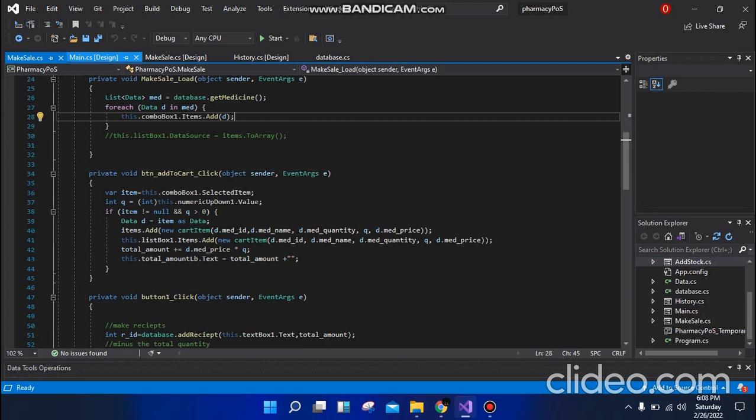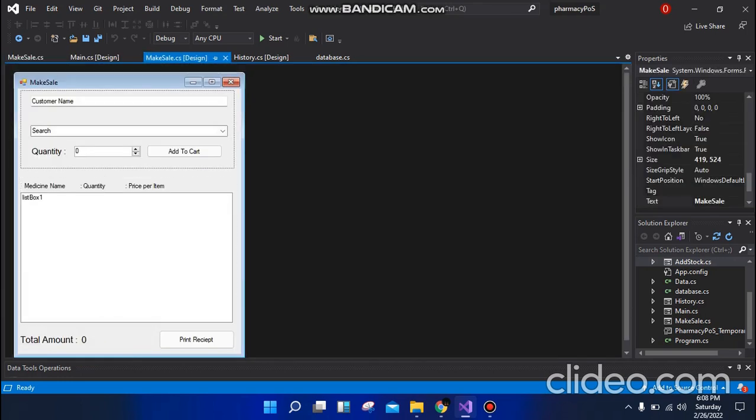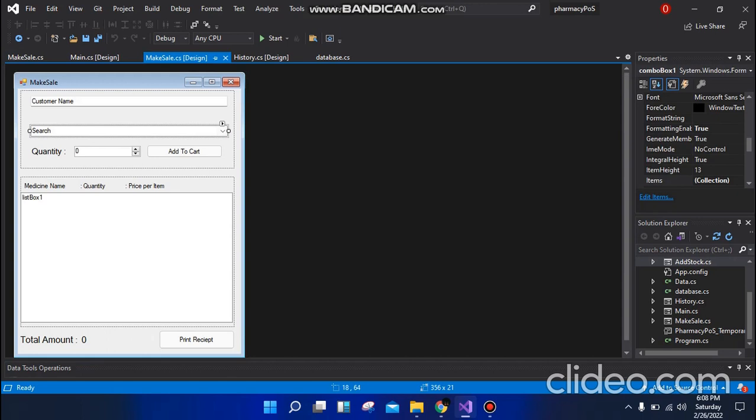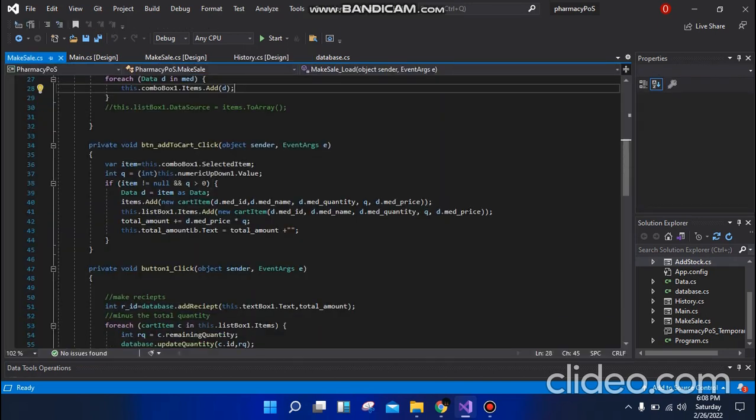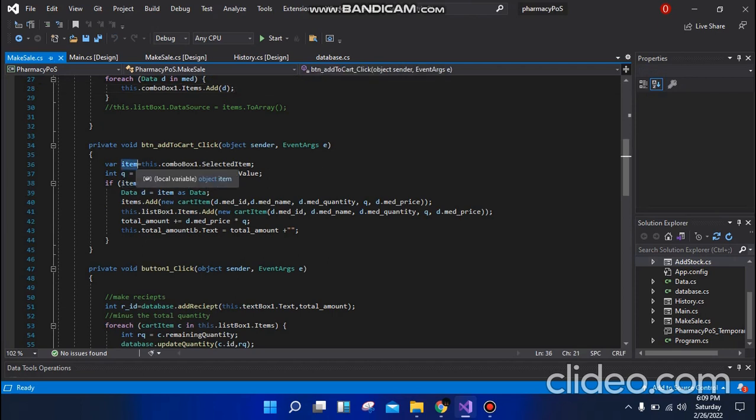So after that, let's say we type something. This is a combo box here. We type something, and how will it search? It will search when we add to the cart. We will take the searched selected item from the combo box, and we will store it into the item, and we will